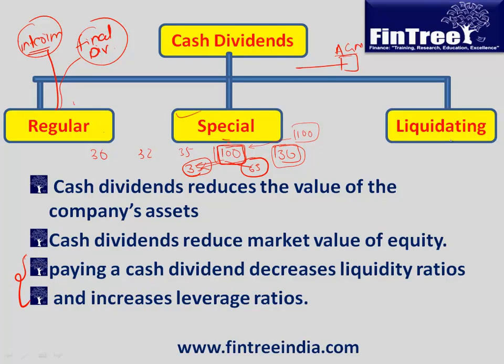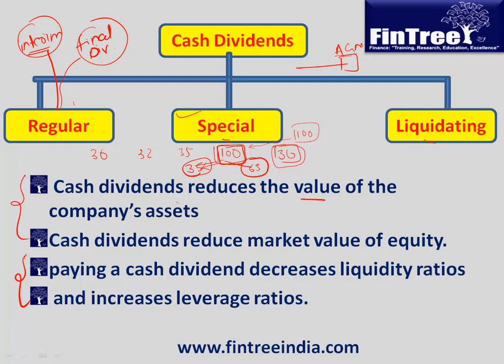And liquidating, of course, in case Kingfisher now decides to pay a dividend, that would be a liquidating dividend, though that is very unlikely. But if they do, it means the company decided to sell off the business, take all the assets, and whatever cash you generate, distribute it to shareholders, which is called a liquidating dividend. Okay. Now,